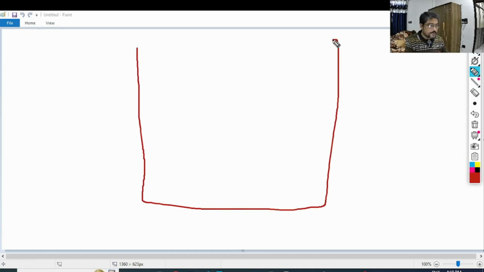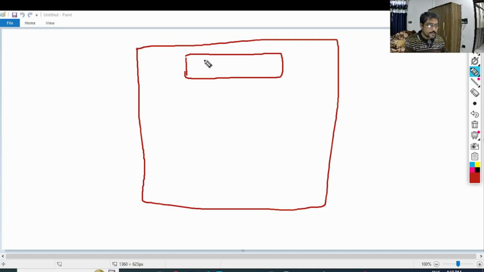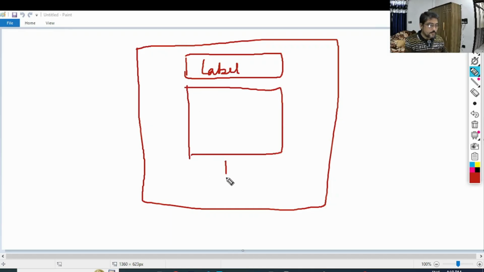Say this is my window, okay, and in this window what I am going to design is I would be placing a label, and below that label I would be placing a text component, okay, and I would be placing two buttons below that, button 1 and button 2,